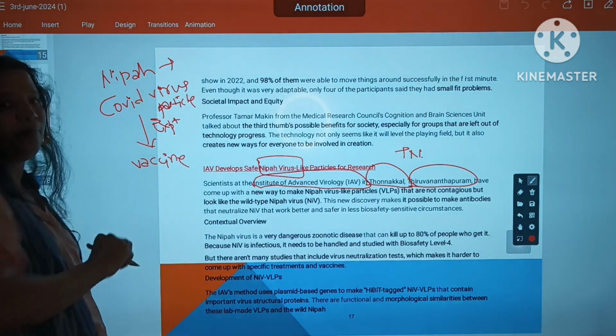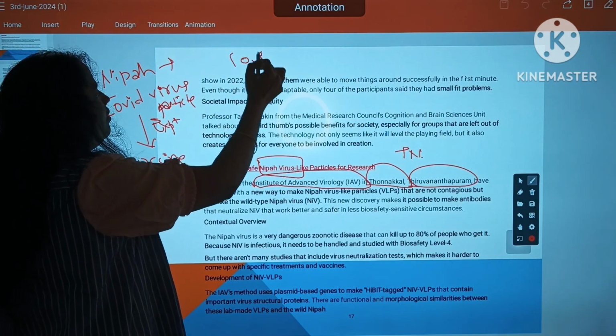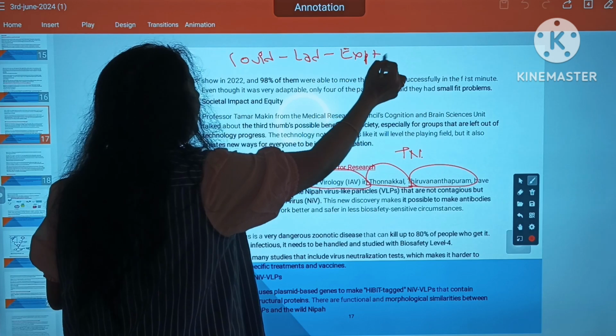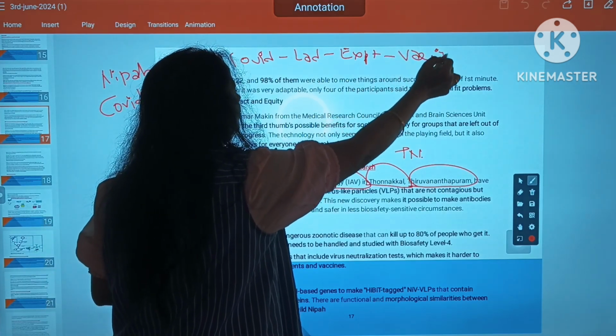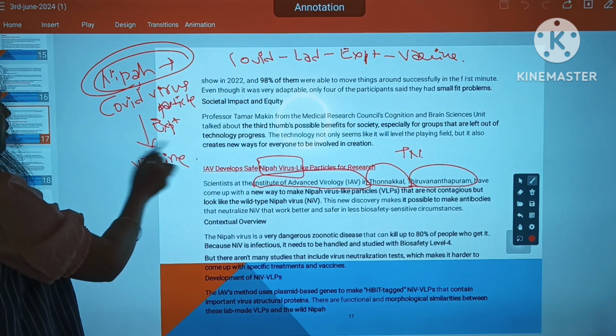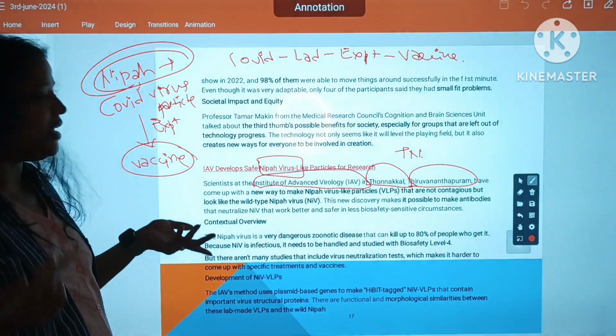Suppose in COVID time, what do doctors do? They took a COVID patient in the lab. They did experiments in the lab to make a vaccine or antibody. In the same way, this Nipah virus particle is used to create a vaccine for Nipah virus. Nipah virus is a very